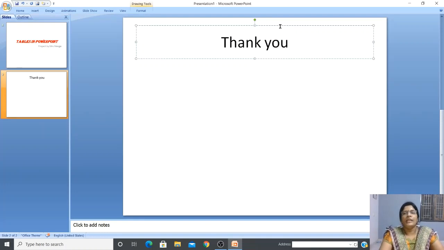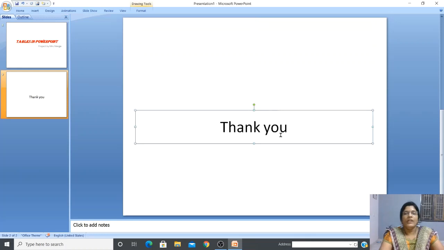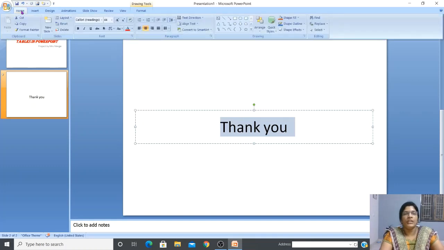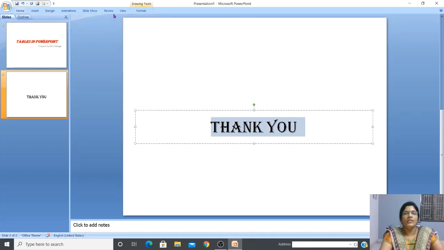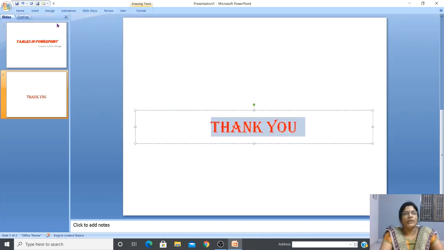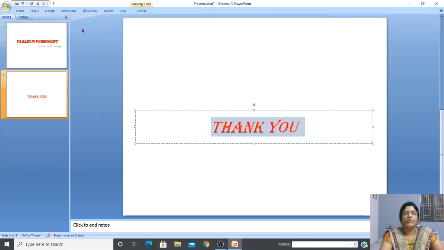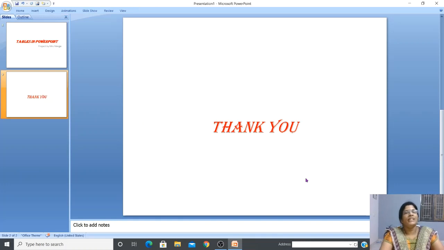Okay, and let me click and drag it to put it in the middle. Okay, and the handwriting also I want to change, and I want to put it again in Algerian. Home tab, font group, it's Algerian, and the color also I want to change. Let it be red color itself. Okay, italic. I want to put it in italic handwriting. So this is over. The Thank you slide, it's over.